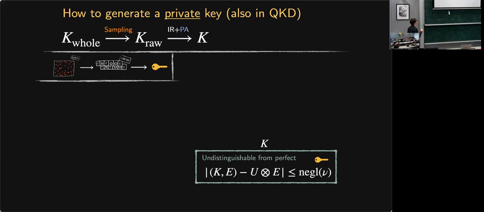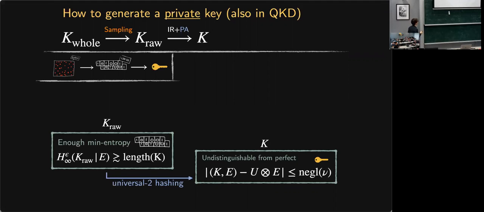And so I'm going to do it backward. To obtain this, one sufficient condition is to have enough min entropy for the raw key here, and then do universal hashing, meaning privacy amplification, in some way to end up with a key. So what you want is more min entropy in this than the length of the key here. So now what we want is to bound the min entropy of this raw key given Eve's knowledge, which is this quantity.